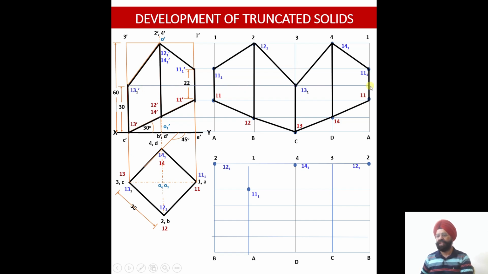So this is my third horizontal projector line onto which the projection of 13.1 will be lying. That is, this is my first, second and third horizontal projection line. Onto this line, I will be marking a point over here. This is 13.1. So all the 4 points have been labeled over here.